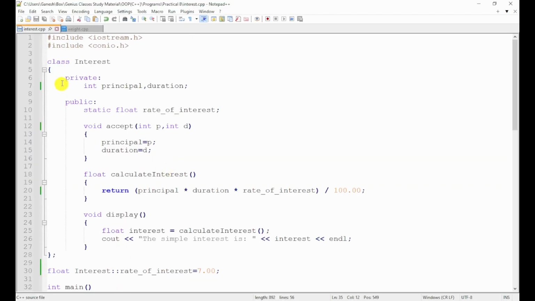If you see the code, initially you have to include the header files, both the header files. Then I'm starting the definition of class, that is class, and I'm naming it as interest. So this is the class name. Inside that I am opening a private access specifier, and inside that I am taking integer principal and duration. So both the data members are